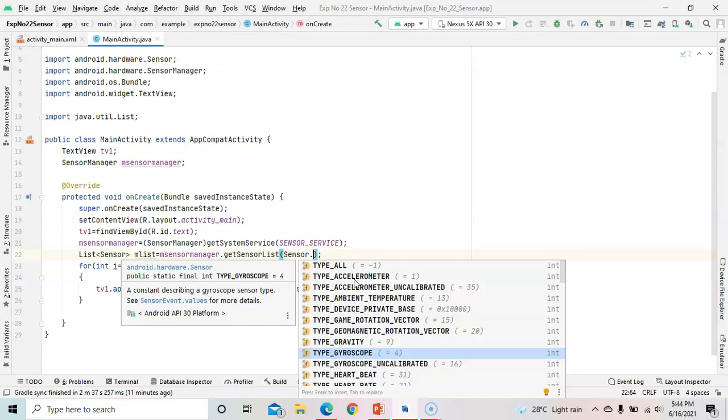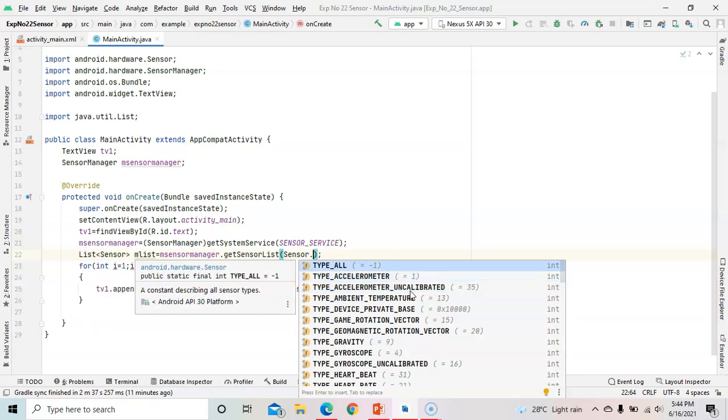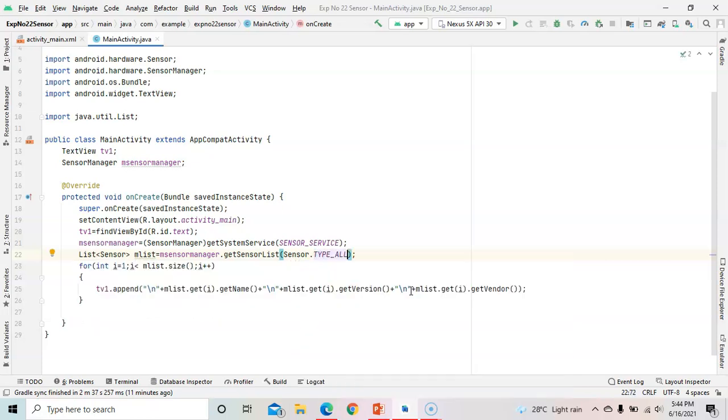If you take type gyroscope, then only gyroscope type of sensors will be listed in the output. But we want all the types of sensors, so for that we take type all. By this it will show you all the types of sensors which are supported by the device.